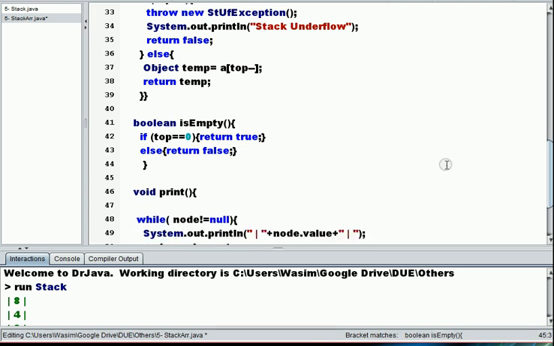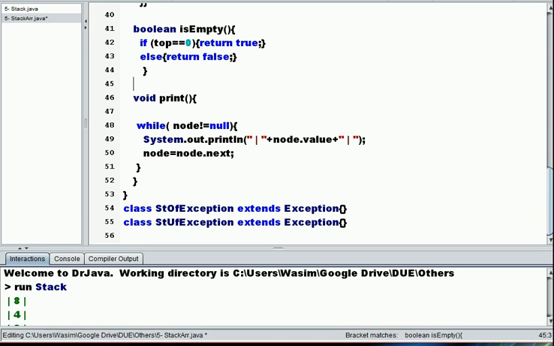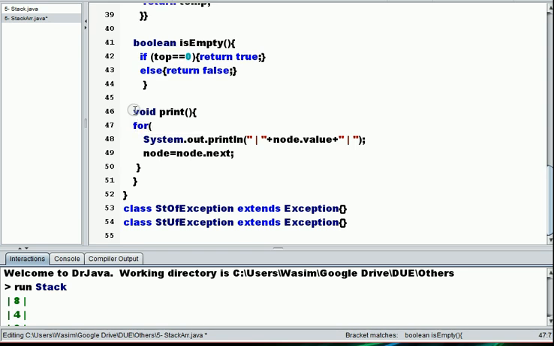Now we'll be dealing with void print. This is an array, so we will print like an array. So let's just use a for loop. Now this is going to print hundreds of nulls. We don't want that. So what we're going to do over here,